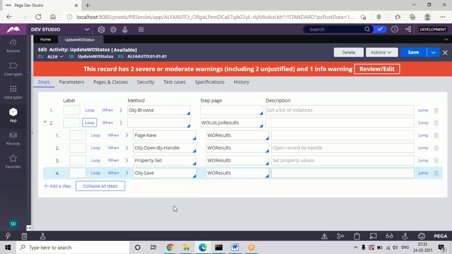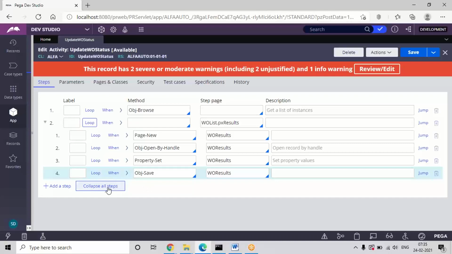Without using the commit API, the record will not be permanently updated in the after saving also; it will not be permanently committed. So we have to use the commit API in this scenario because it is non-transactional processing. If it is transactional, internally commit will apply, but right now this is non-transactional processing, so we have to compulsorily apply the commit API. But commit APIs we will not use inside the loop, because if any record processing fails, it will stop there itself. Always we will use commit outside the loop.